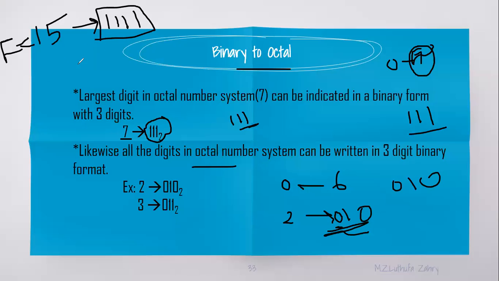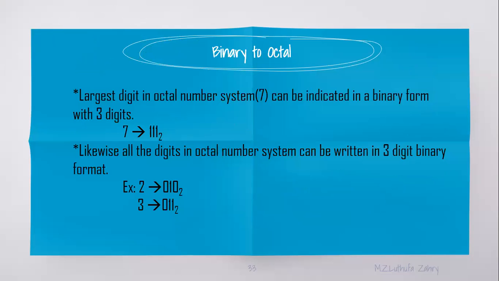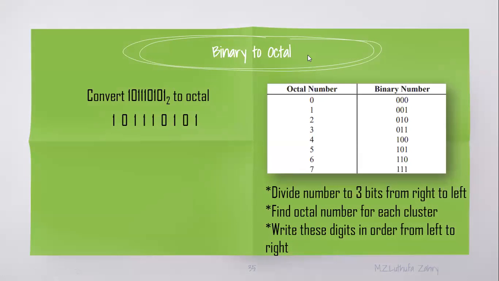So for the conversion, if it is 2, we will change the number 10. We will add 2 zeros in front to make it a 4-bit format. Only for the conversions we need this. When we are doing the conversions, you will understand it. Okay, so we have to write it in 3-bit format. Now we'll come to the conversions. Binary to octal. This is the table, a simple table.